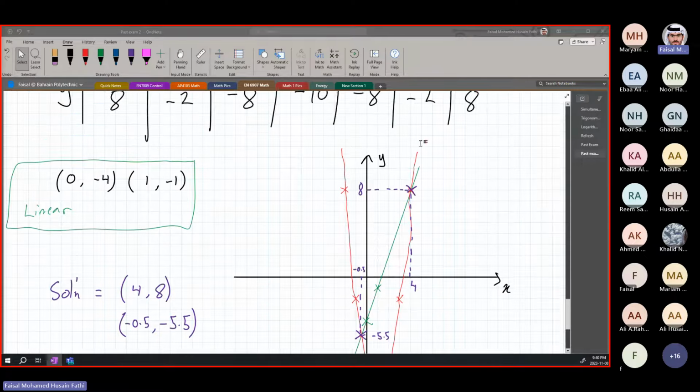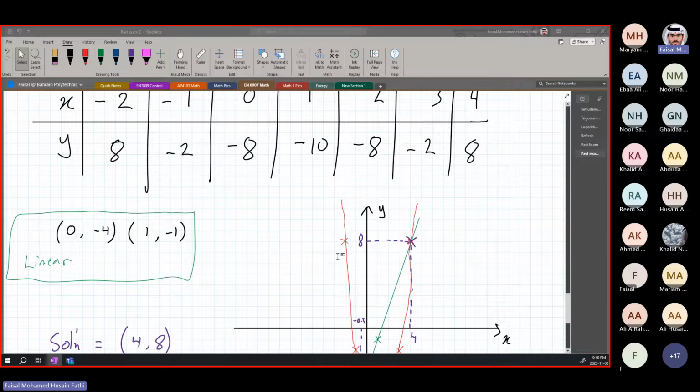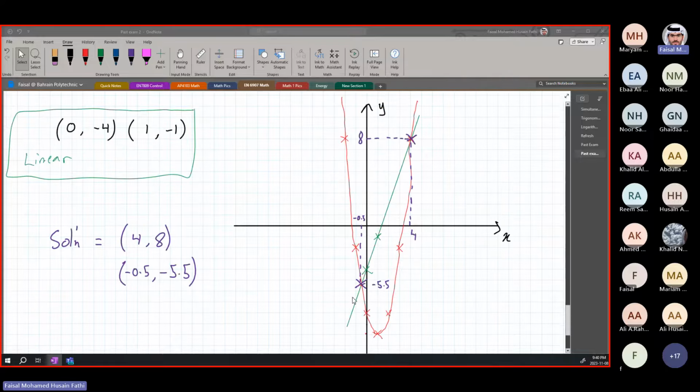Okay. Linear plot, I'm pretty sure everyone understood. You just take the 2 points we found from the x and y intercepts, or x equal 1. We just take 2 points from the equation and you plot them, a straight line through them. That's done. Here, the first points you will plot are your intercepts for the quadratic, which is the parabola. The first points you will plot are your intercepts if you have them, and